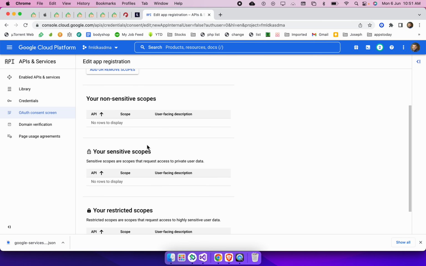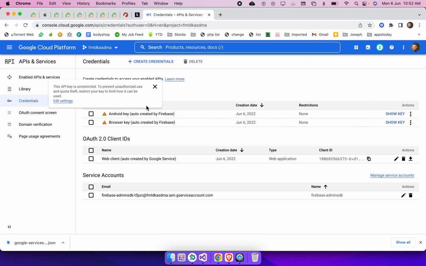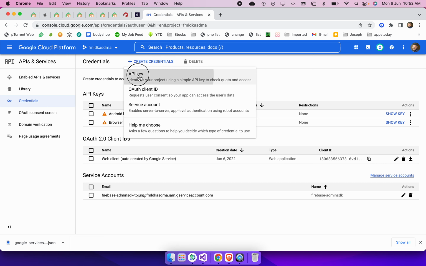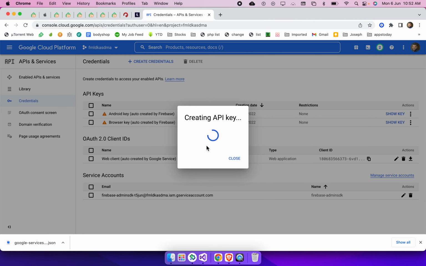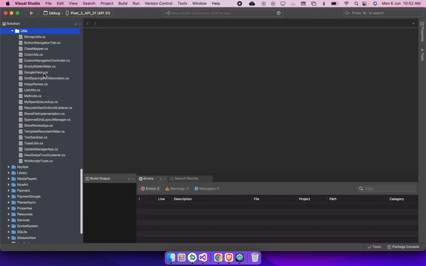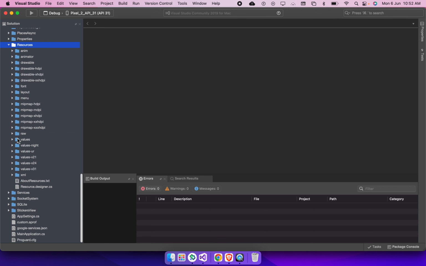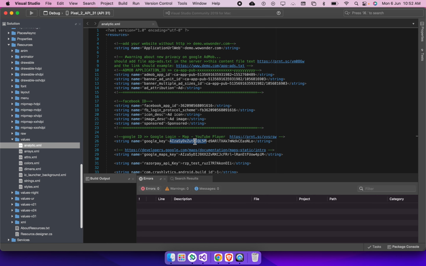Okay, it worked. Once you're done with the consent screen, you need to reach over here and add a Google login, Android login support API key. Copy this API key, go back to your file, analytics, paste it over here